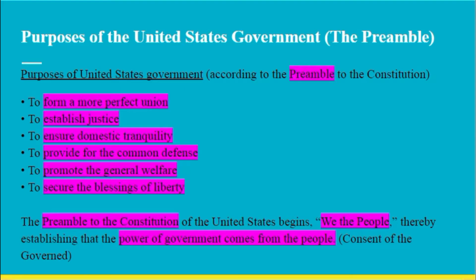Domestic tranquility is talking about the first. Let's break down domestic. Domestic is home. Okay, so when we say domestic, we say home or with us. Tranquility is talking about peacefulness, and the government's job is to make sure that the home or the United States is peaceful. So things that are happening in the United States, things that are going on within the United States, are all peaceful and are being brought forth in the right direction.